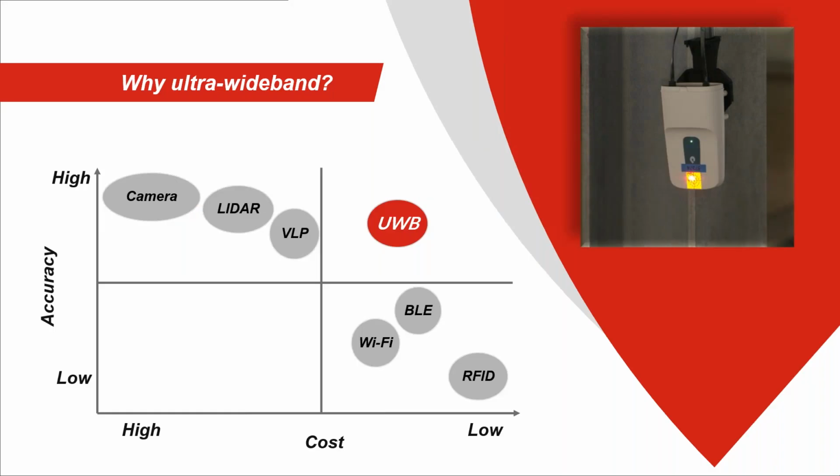So first up, I want to pass over and ask, why ultra-wideband in the first place? Johan, you're going to talk to us a little bit about why ultra-wideband was the technology of choice. Yes, hello everyone. There are a few options when it comes to indoor navigation. Popular right now are SLAM techniques, which use LiDAR or cameras. They are possible options, but they are expensive, right? And we wanted something that's reliable, that does not use visual features, and is not influenced by changes in the environment, for example, other vehicles, right? And this is how we came to